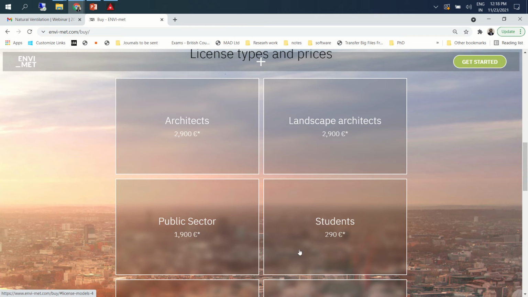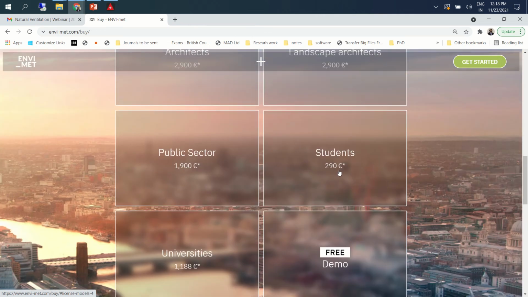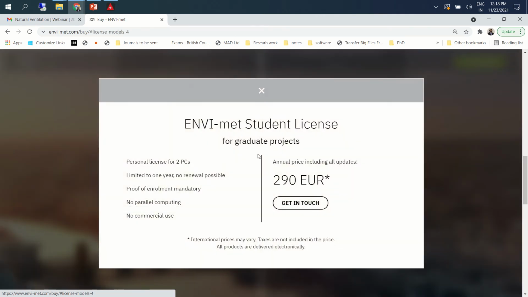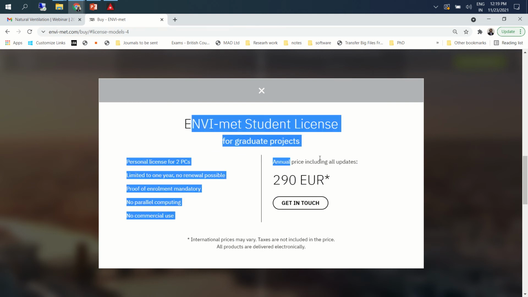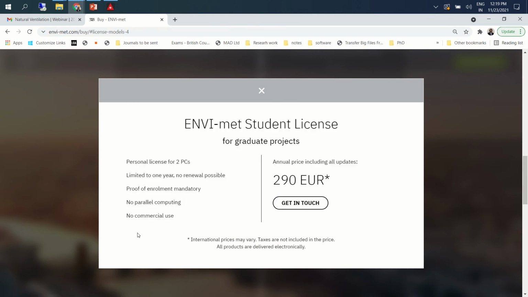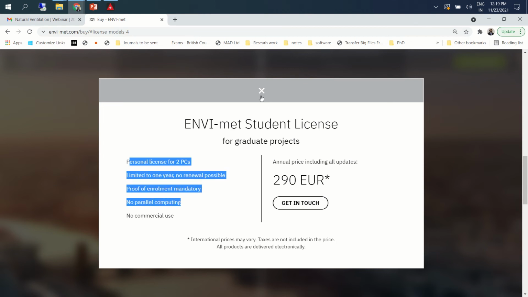It says 290 euros per annum, but you can try if there's a requirement, though this is also slightly limited. No commercial use, that's fine, we don't do any commercial work. No parallel computing, that's also fine, because we don't have to run multiple simulations for a project at a time. So one at a time can be done. This should be fair enough.